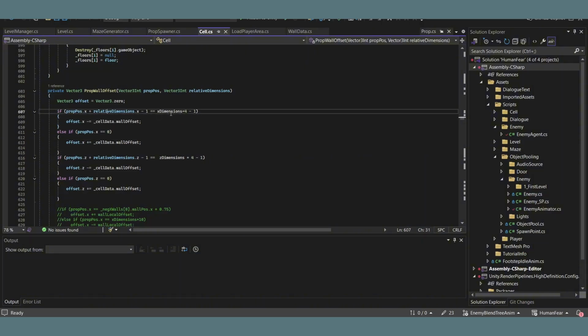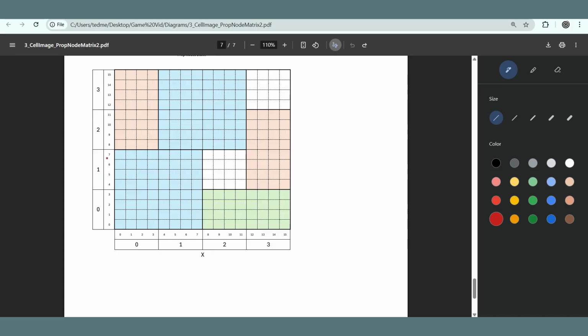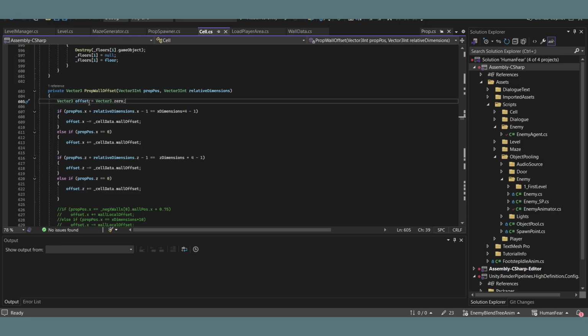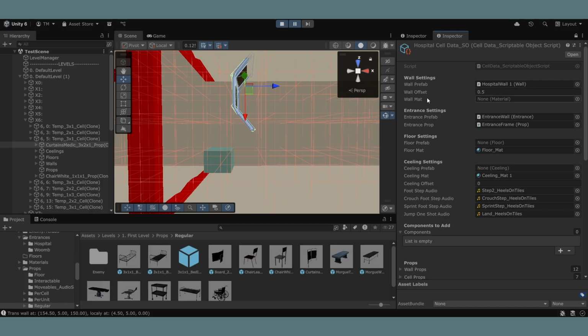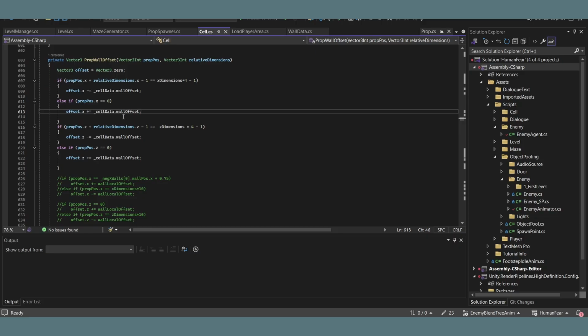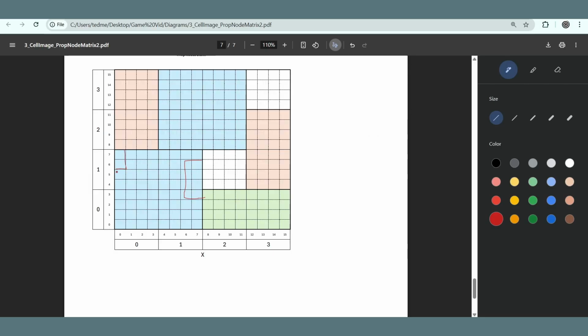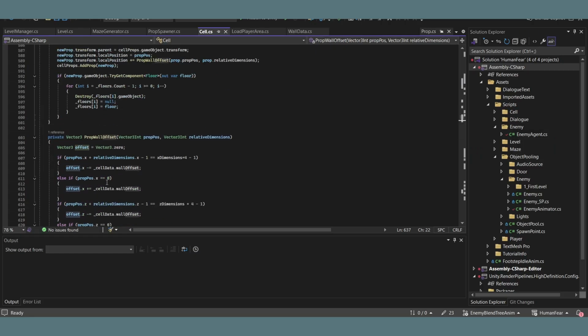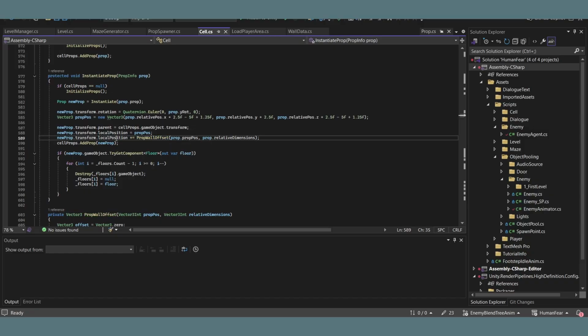So here, if it's adjacent to the positive x wall, as in for this cell, it's trying to spawn like here, and earlier we defined this local offset variable, we subtract the cell data's wall offset from the offset's x component, where the wall offset within the cell data was defined right here, so 0.5. And what this means is after checking which walls it's actually adjacent to, so it could be more than one like in this case, we return the offset that we found, and then we add this offset to the prop's